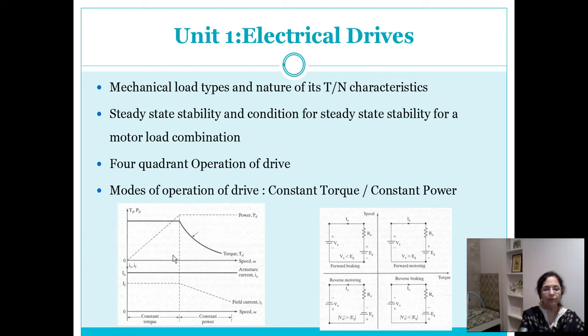So this first portion, where we are showing speed on the x-axis and torque as well as power on the y-axis, we can see that from 0 speed to rated speed condition, the motor can be operated at its maximum torque for which it is designed, and depending on the speed at which we are operating the motor, it will be consuming proportionate power. Okay, so the power curve is shown linearly proportional as the speed increases.